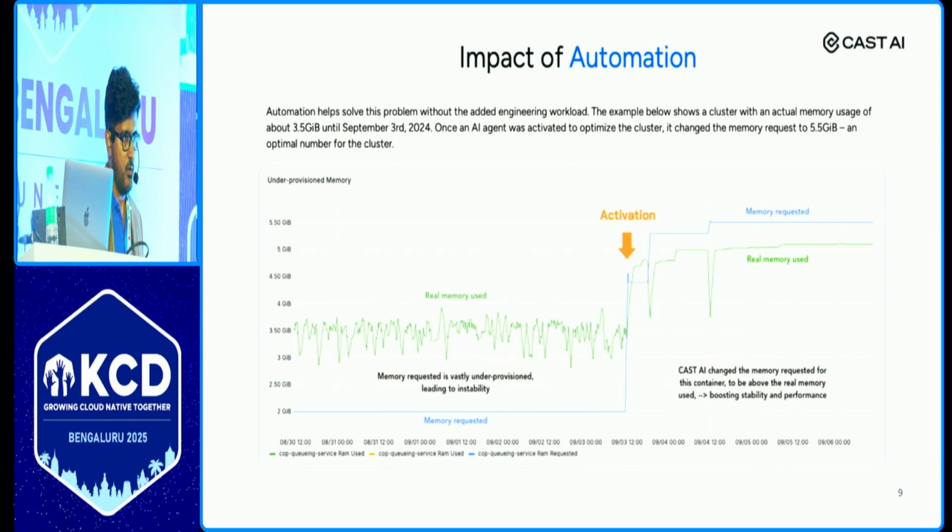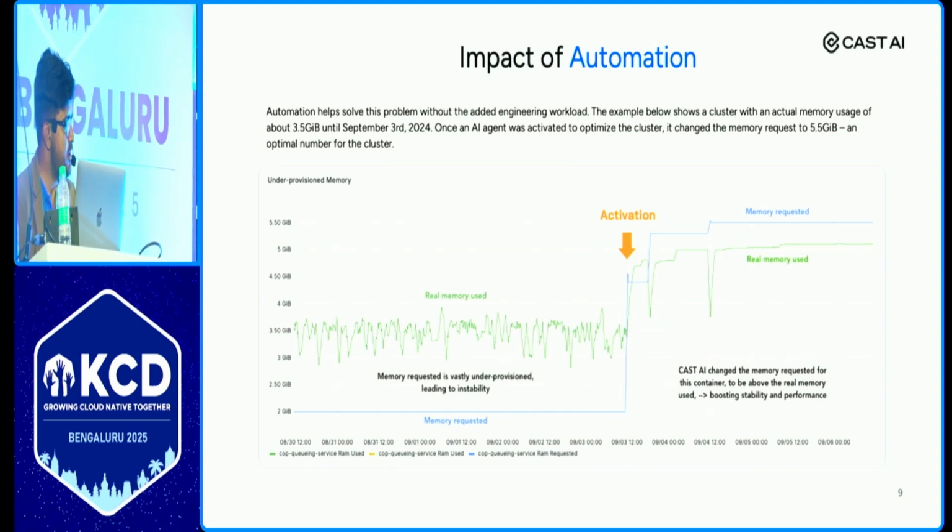Imagine this: you have developed an application and you have forced it not to perform. That's exactly what the case was. It was not giving better performance, and they assumed this is how it is, until they enabled the automation and identified that the resources were less and we had to give more, right? So that was a reverse case of automation.